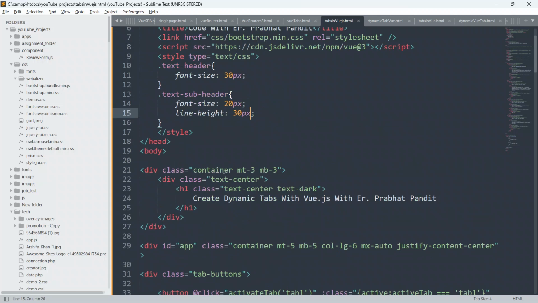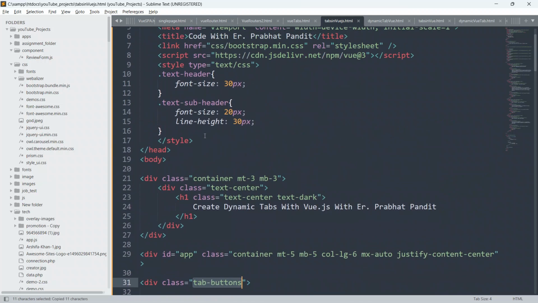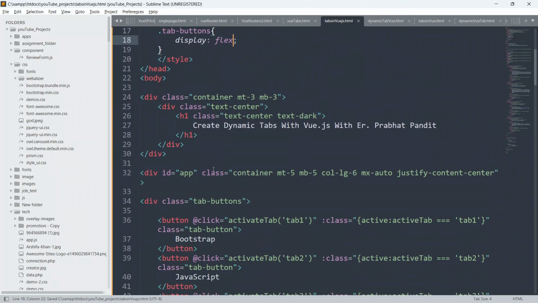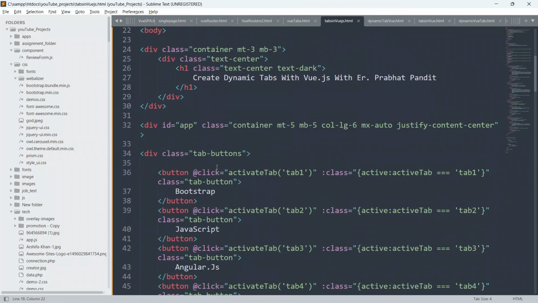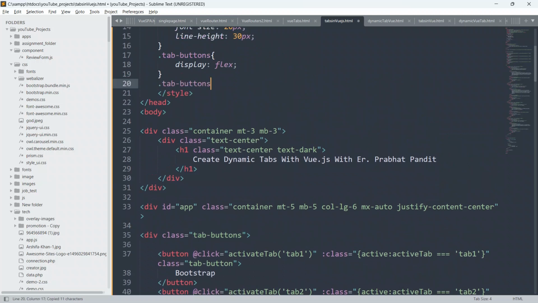So guys, now let me write some CSS for the buttons. I will copy tab buttons and paste it here, and I will say display as flex. Now I'm going to copy this tab buttons button, copy it from here and paste it here. I will say button also, because it is an element.